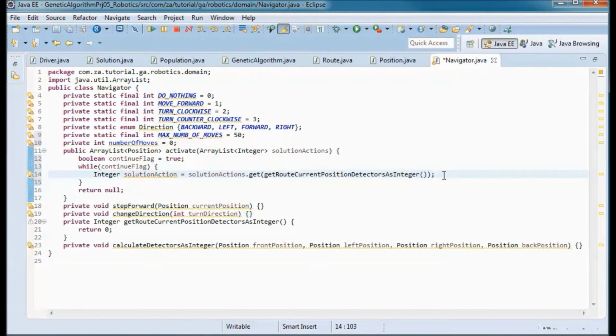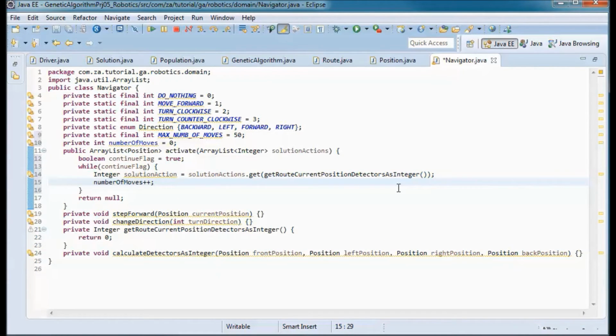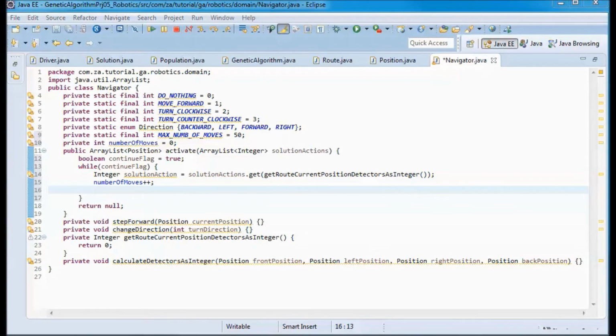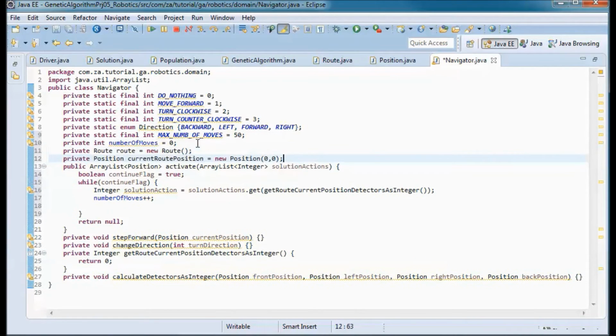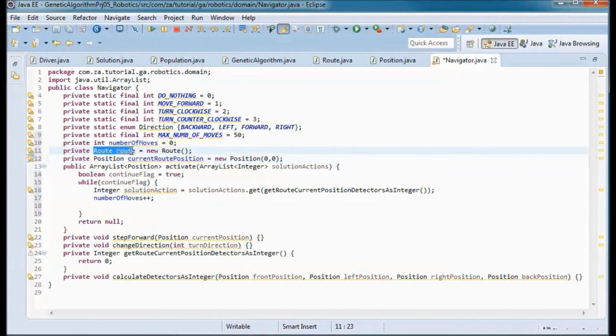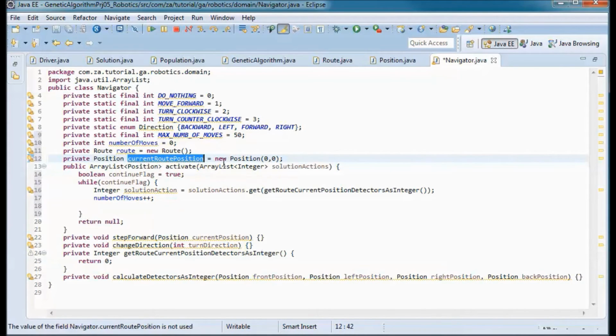And I would increase the number of moves of the robot, and let's have here an instance variable, a route instance variable, and a current route position, and we start from position 0, 0.